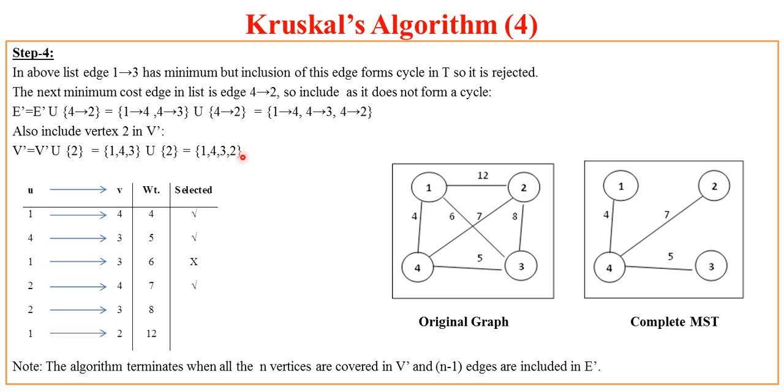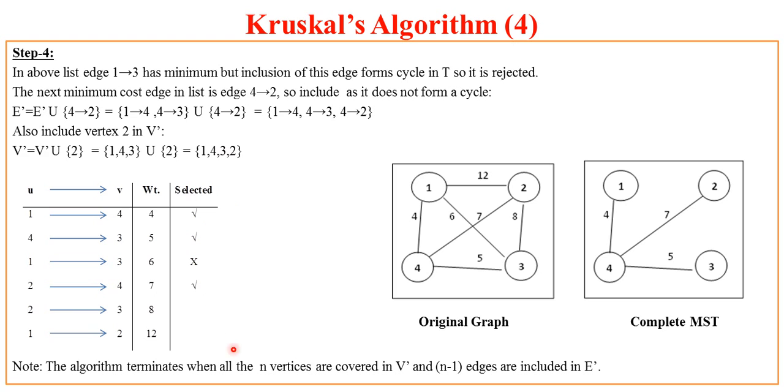This shows that this edge addition will form a cycle, and then this structure will in no way be a tree structure. A tree should not have any cycle, so this is rejected. Now the next chosen edge is edge 2-4. Edge 2-4 has weight 7 and can be included, as even though 4 is included, 2 is not included in the set of vertices, so it can be included along with the edge 2-4 with weight 7.